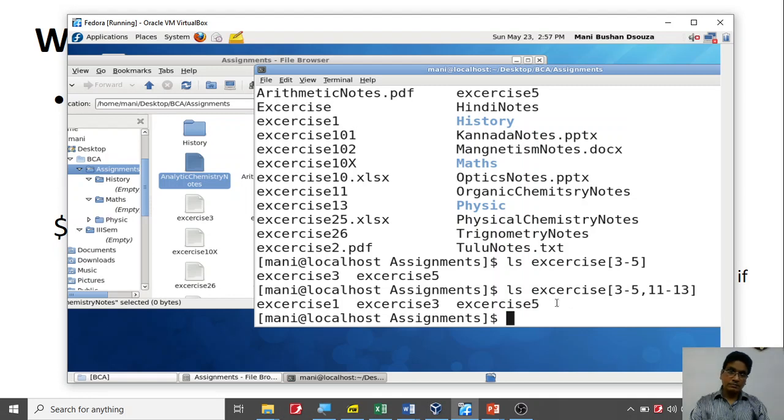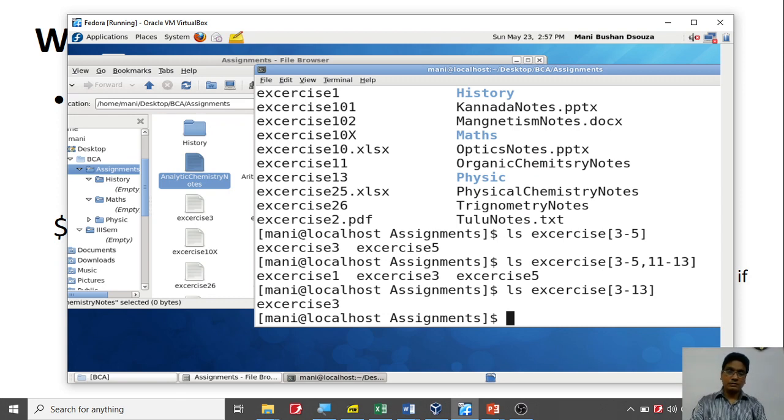Okay, this is going to be a wrong range. Okay, I have to give, let me give all of them. 3 to 13. So 3 is there, and 13 should have been there, but it didn't take 13.